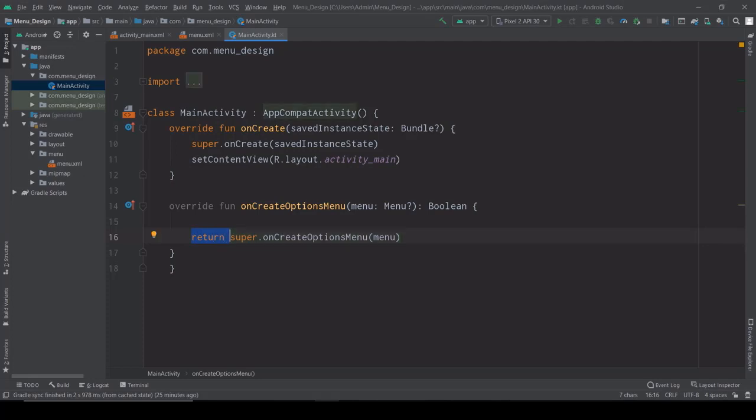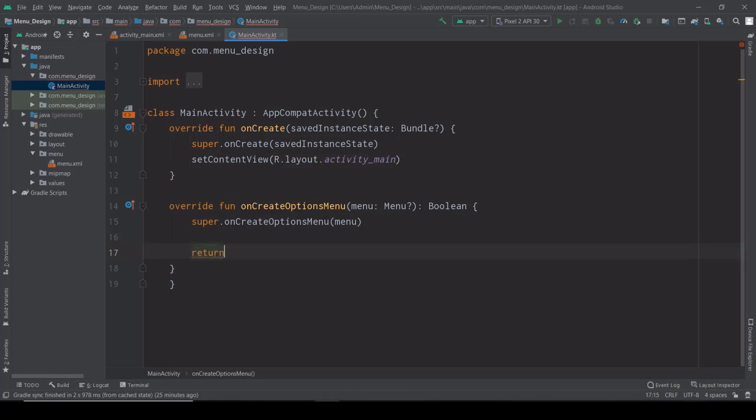Instantly this method returns the superclass. I don't want to return anything instantly, because I want to write some inflater code for our menu in between and return the value later. In between the lines I'm going to write the inflater. We have to inflate our menu into the main activity.